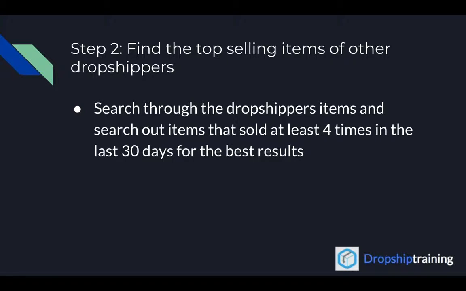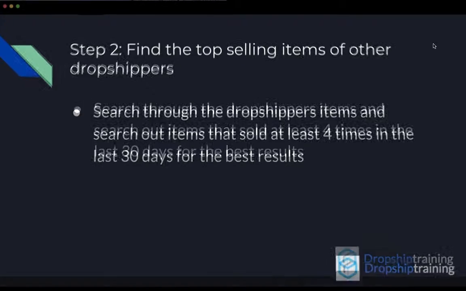minimum. Anything that's selling like 2 times, 1 time, even 3 times, sometimes you don't want to list those items just because they're not going to sell very often. You don't know, it might have been a one-off sale. But if something's selling 4 times in the last 30 days, like once a week, that's something good that you want to list. Anyway, now I'm going to show you step by step how to find the top selling items of other dropshippers. So now that you've gotten your dropshipper,